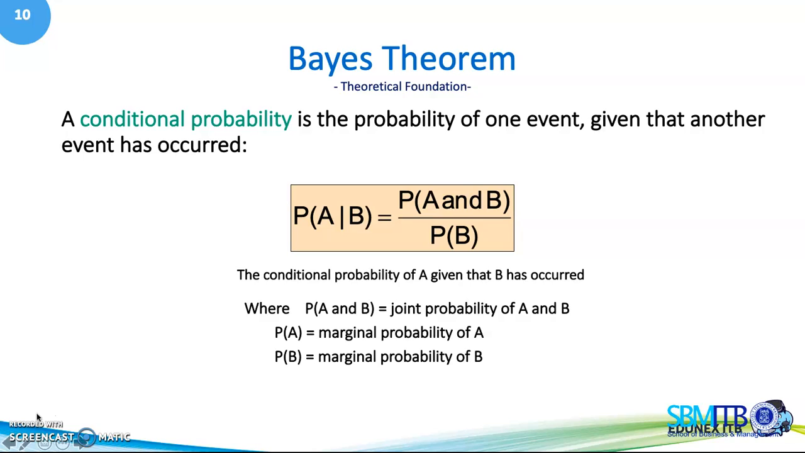So this is the formula, the Bayes theorem, as the posterior probability or the conditional probability will be used in the decision tree in the light of